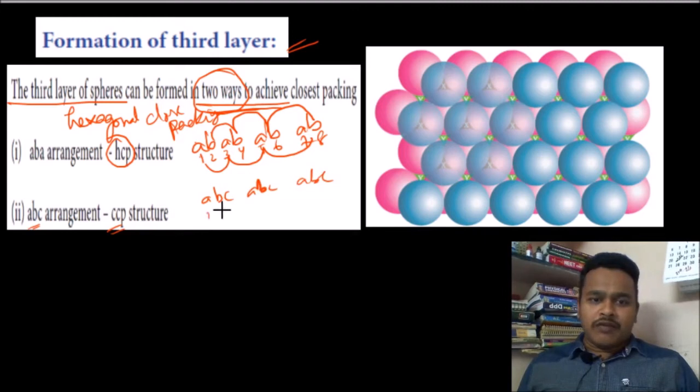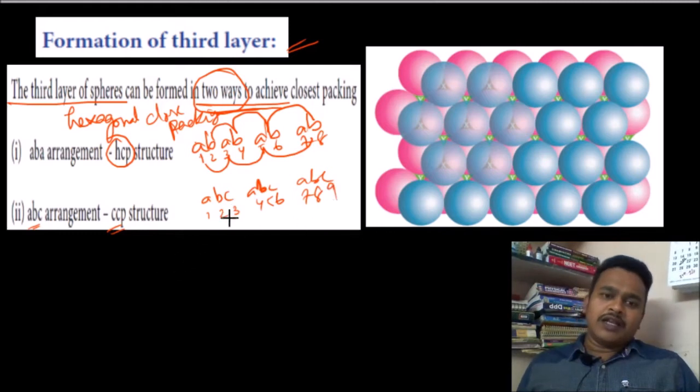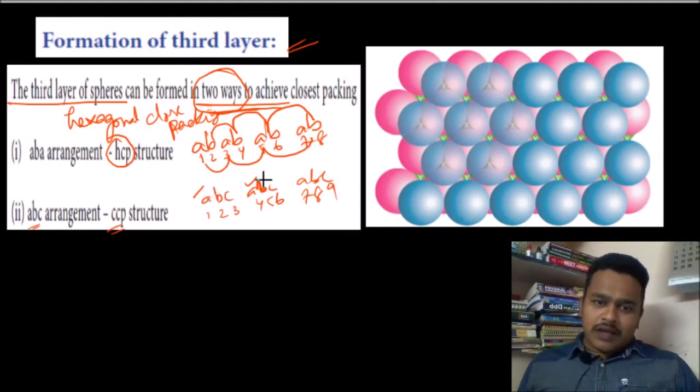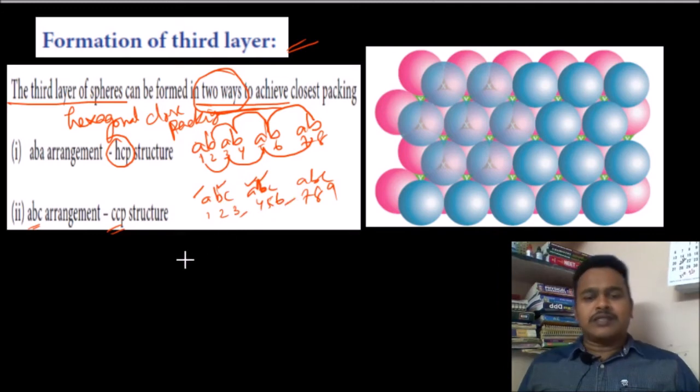That means first layer, second layer, third layer, fourth layer, and so on, up to the ninth layer. Here you observe that the first and fourth are similar, the second and fifth are similar, the third and sixth are similar. This is called CCP.